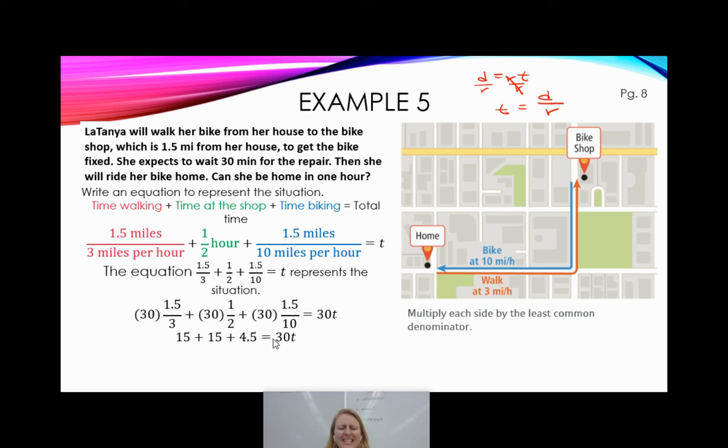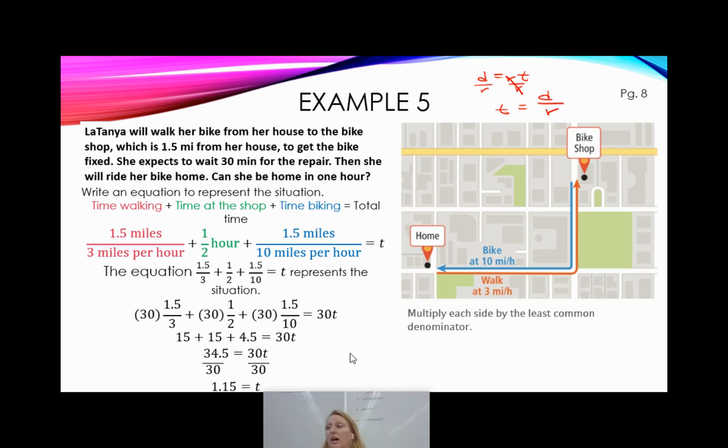Ooh, I can add these up. That's easy, right? 15 plus 15 is 30, plus 4.5. I've got 34.5. Awesome. That equals 30t. I need to get the t alone. So if it's 30 times t, we undo that with division. So I'm going to divide both sides by 30. And this is why I have a calculator. 34.5 divided by 30 is